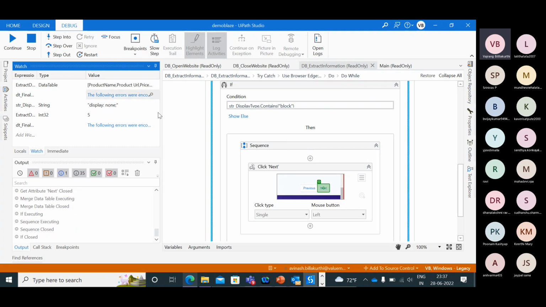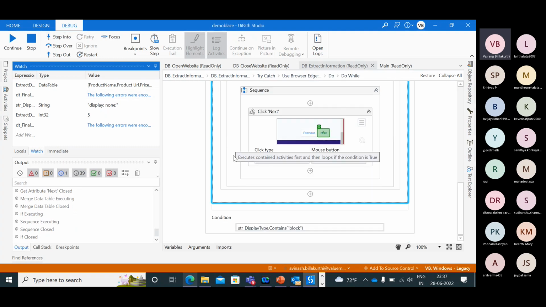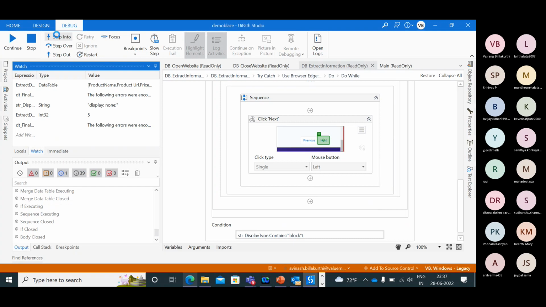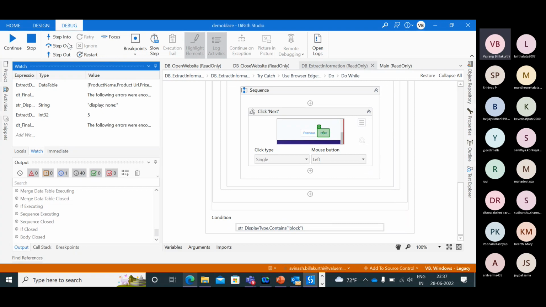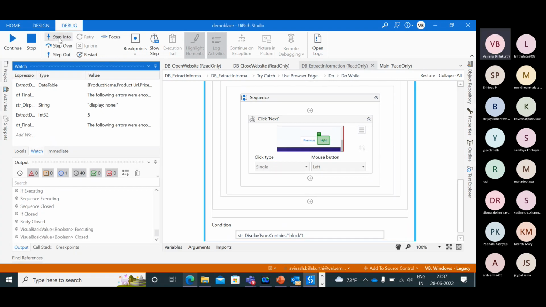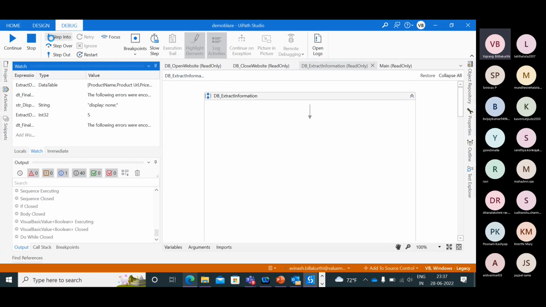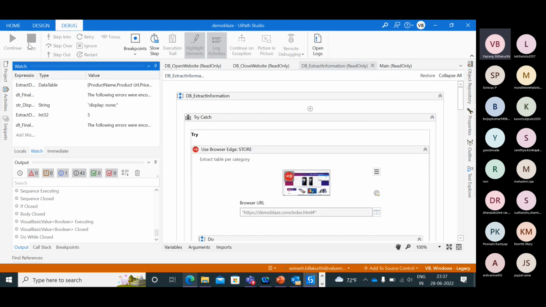So there is no display. Display is none, and it's coming out. And it should write the information into the Excel. Step into. Step into. So how to increase the scope of any particular variable?